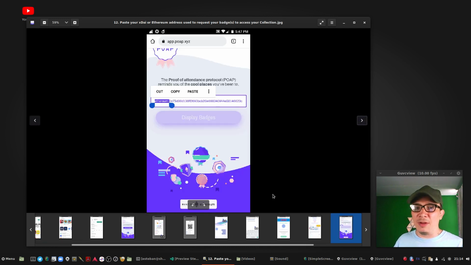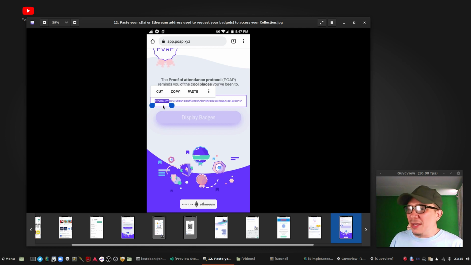In the next step, this is the example of pasting this address in the mobile, the browser flavor or version of the POAP application. So you can go to app.poap.xyz, that's the URL, and then paste your address there.